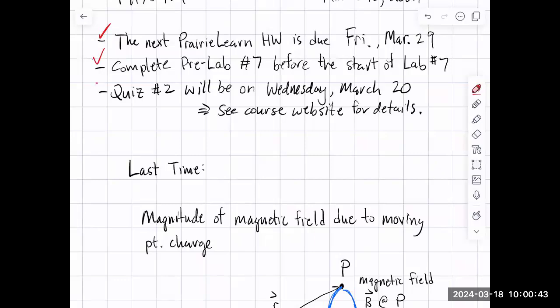And then last, the next class on Wednesday will be the Prairie Learn quiz. So quiz number 2, there's a practice quiz on Prairie Learn. The format of the actual quiz will be the same format as the practice: 10 multiple choice questions. You'll have 40 minutes once you start it. You don't have to be here to write the quiz, but if you want to be here, you can. That's fine. Just bring a device that will allow you to do the quiz. Okay,